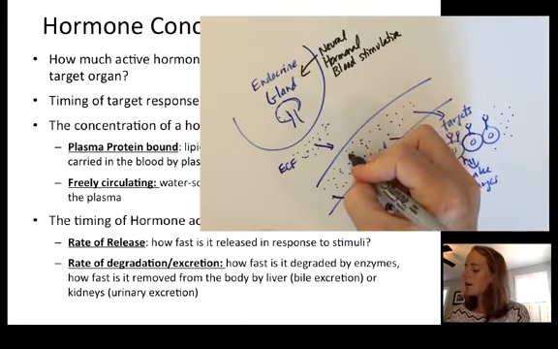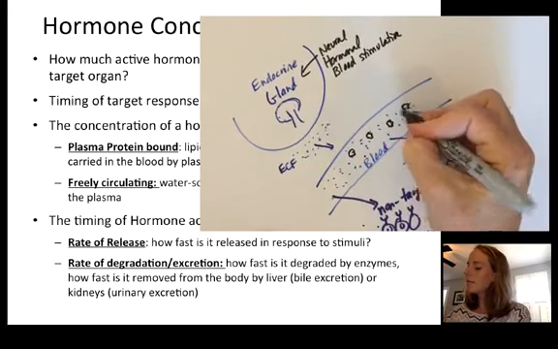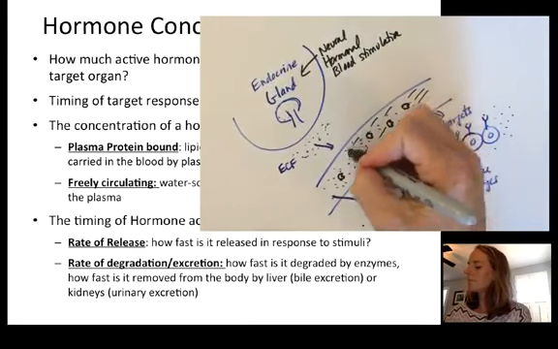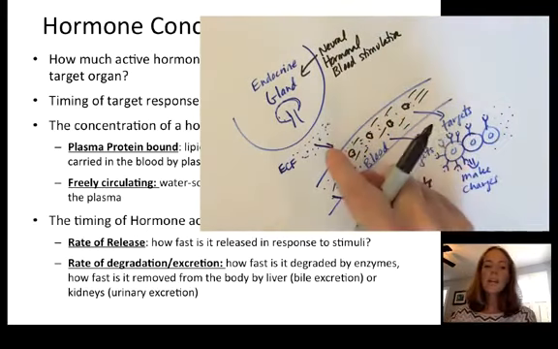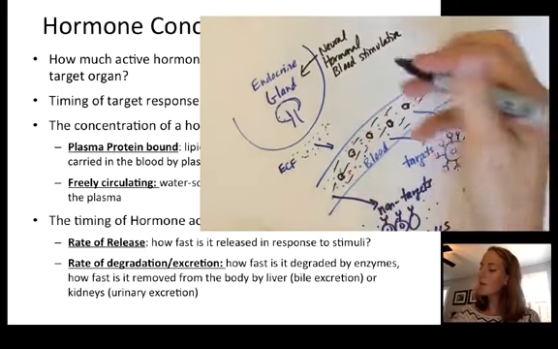So there are proteins in the blood and there is plasma in the blood. So if a hormone is lipid soluble, meaning it's hydrophobic, it's not going to be dissolved in